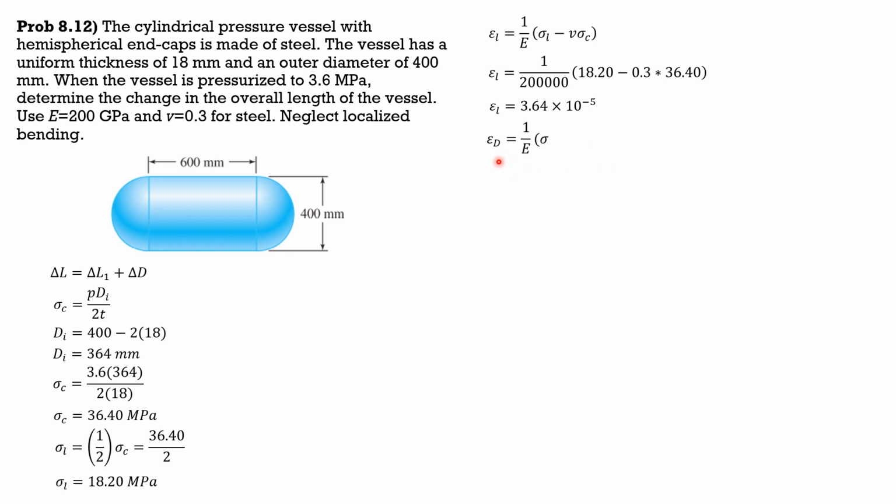So the strain in the direction of the diameter is 1 over E times the stress tangential to the diameter minus Poisson's ratio times the stress perpendicular to the diameter, or radius, which is the longitudinal stress supposedly. The longitudinal stress for a spherical tank is also the circumferential stress. Remember, the formula is PDi over 4t, and it's the same in any direction for a spherical tank. Therefore, sigma is equal to the circumferential stress, equal to the tangential stress for spherical tanks. Since the formula for sigma L for the cylindrical tank is the same as that of the spherical tank, PDi over 4t, we don't need to compute the circumferential stress or sigma for the spherical vessel. It is already